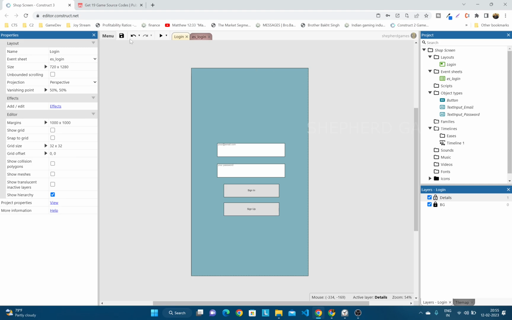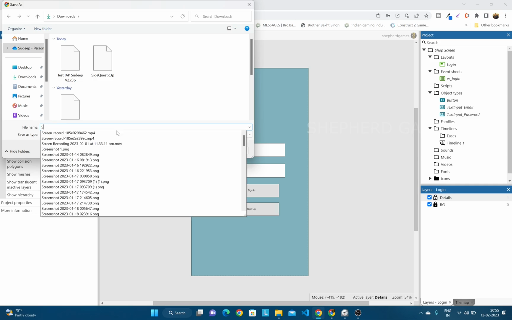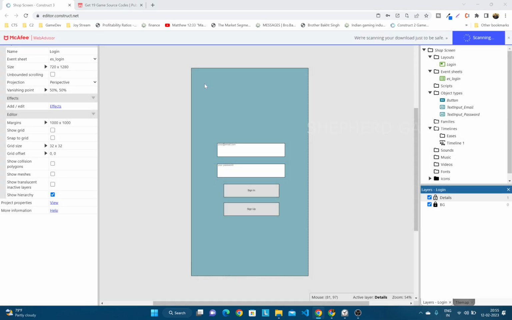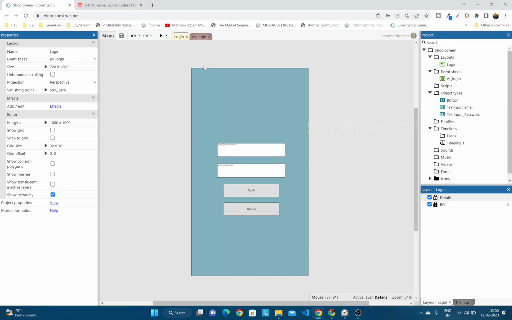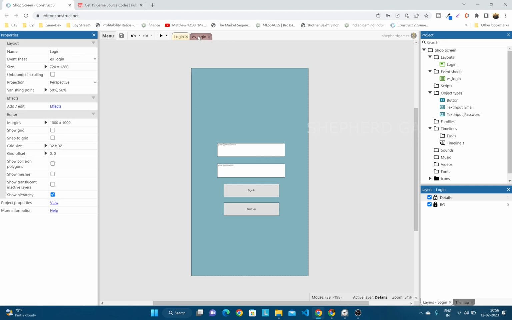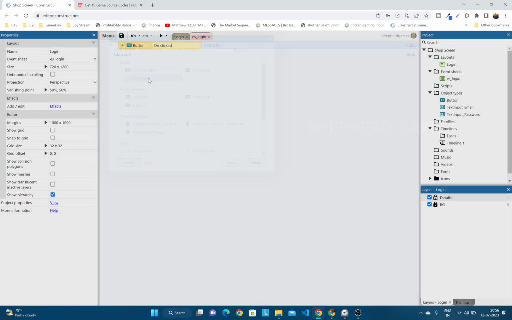All right, so this is done. Let me save this project. I'll call it shop setup. Okay, done. So now we need to set up this login. First, we need this email ID field to be not blank. Then we'll have to check the password, and we need this to be not blank. So these are very basic things. First, when button clicked,